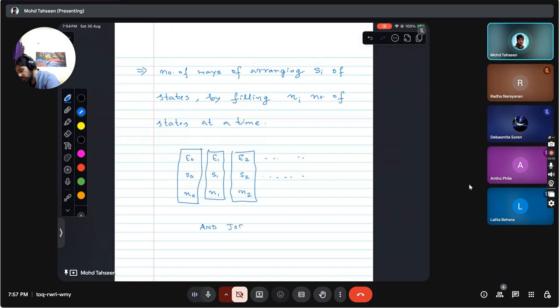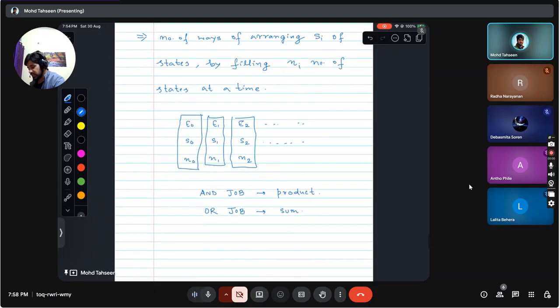So there are two kinds of jobs in probability. One is AND job, one is OR job. The OR job is if I have to do either this or this or this. But if I have to perform all of these jobs one after the other, then I take the product of probabilities. So in AND job, the total probability is the product of individual probabilities, and in OR job, the total probability is the sum of all probabilities.